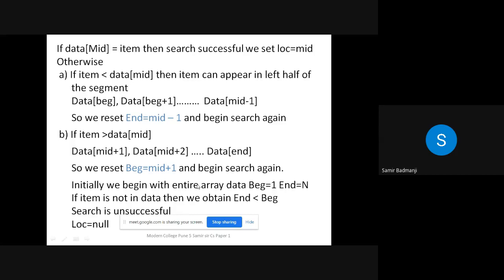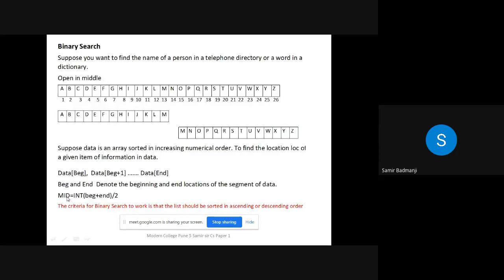Now this is just the explanation. Data is the name of the array. Mid is the location that we got here. Mid is equal to int of begin plus end by 2. Begin is the first element, end is the last element, that is 26 plus 1 is 27, divided by 2.